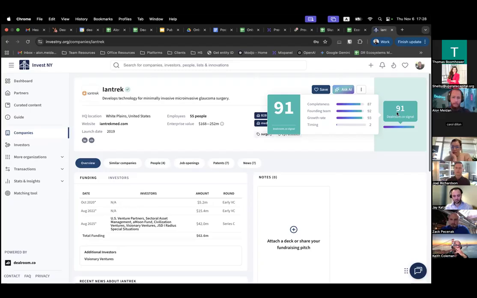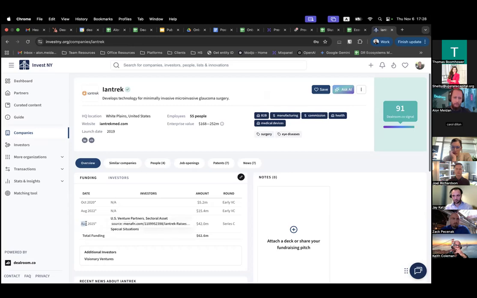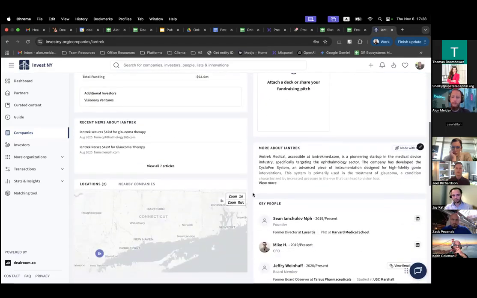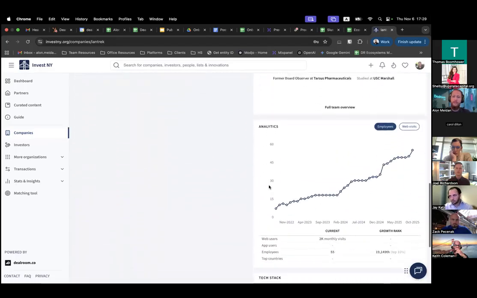In this case, you can see the timing score is very low, and this is because this company has just, a couple of months ago, received quite a hefty round C. So that makes perfect sense to me. And the growth rate, however, is very high. So if I scroll down, what I would expect to find is quite a nice increase in the employee number, which is right here, which pretty much tells me what I need to know.